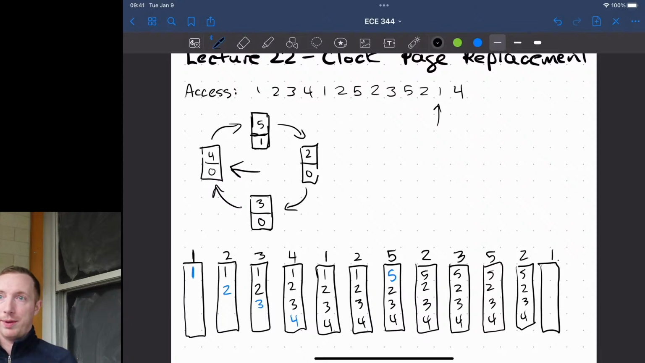Now we're pointing at something where the reference bit is 0, so we get rid of it. So we replace 4 with 1, and then set its reference bit to 1 and advance the hand. So now we replaced 4 with 1, which was kind of unlucky because we were actually using page, we just